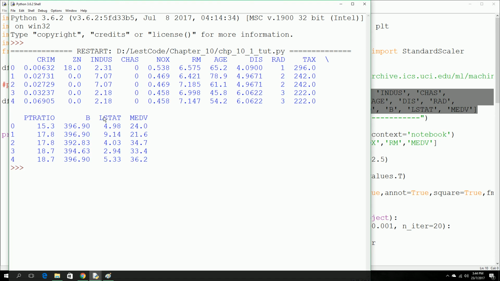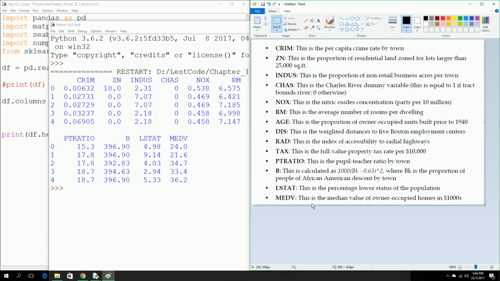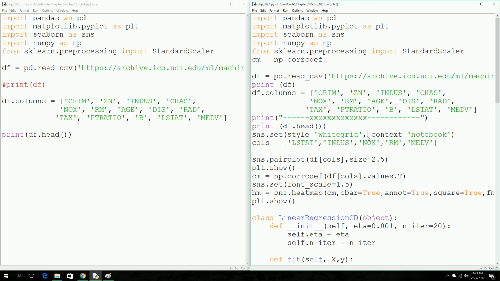Let's see whether it's doing what it's supposed to do. It actually printed 5 rows of data with all the 14 features and labels. This is the price, the median value in thousands, so it's actually 24,000. It's a median value. Okay, not bad. So now we are going to use this Seaborn